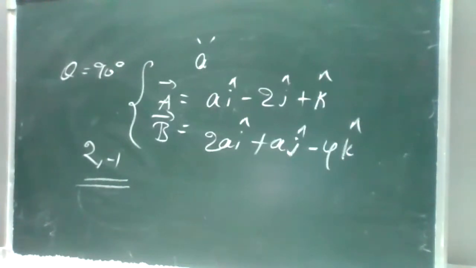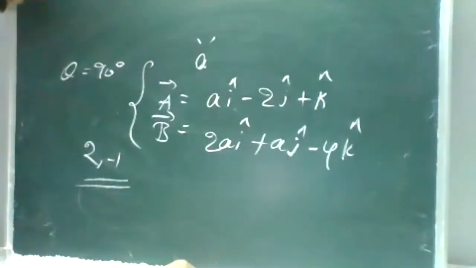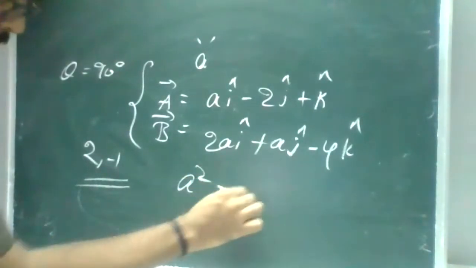By factorization. Okay. Did you get any equation? Can you tell me the equation? Tell me, you don't need to type. If you are able to talk, please. Dinesh, what happened? a square minus a minus 2. a square minus a minus 2.